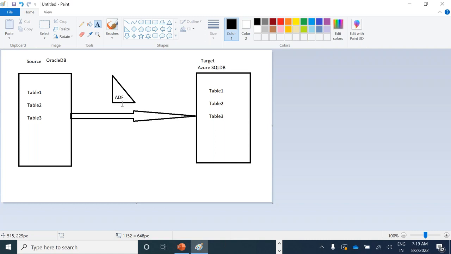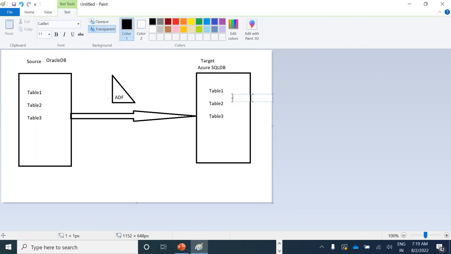Okay, in real time, what will happen, guys? You want to schedule this pipeline. For example, you can run this pipeline manually and move all the tables to the target. That is fine, but my client doesn't want that. My customer wants me to run it every day at 2 p.m. UTC time zone. I don't want to run it every time, because he is going to place all the updated tables, he is going to update the tables in that particular period of time, and I want to fetch that information